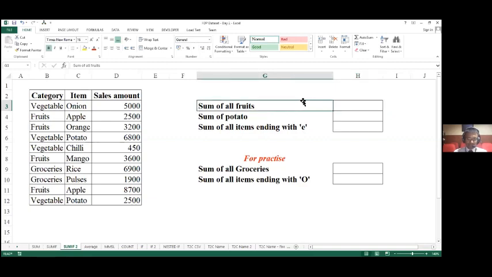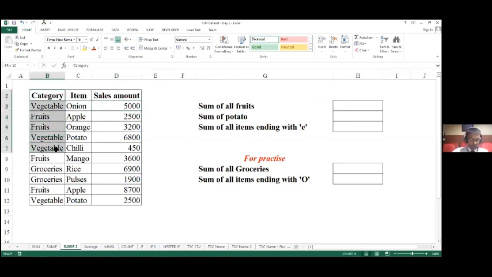Now, the first scenario is I want the sales of the category fruit. So I want the total sales amount for the category of fruit. In this case, I want Excel to look in this column, which is B column.